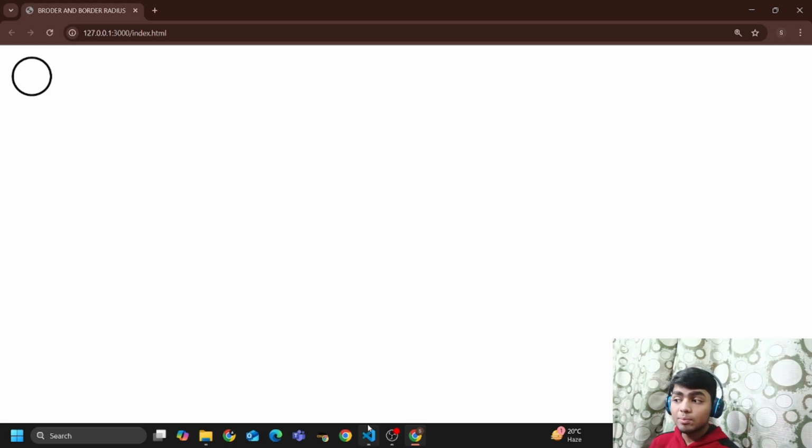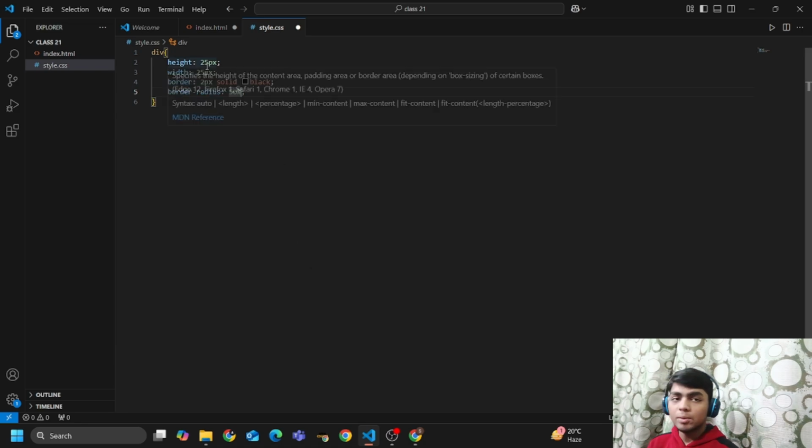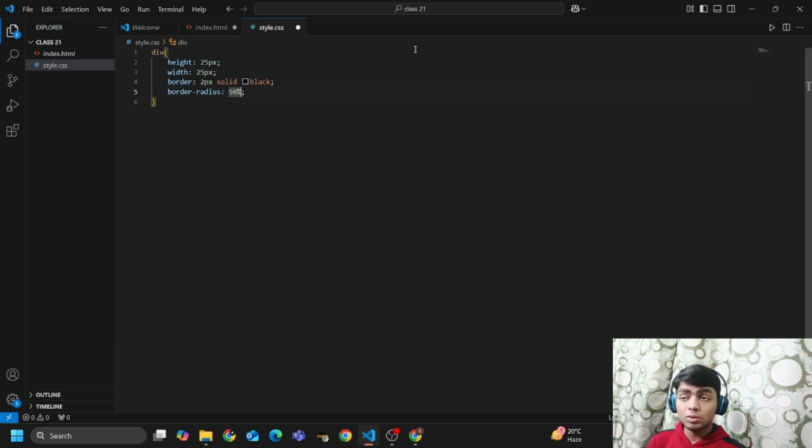We provided the same height and width to our div element, then writing my border and border radius property, and writing the border radius to be 50%. 50% means 50% of the area of the parent element, that is div.